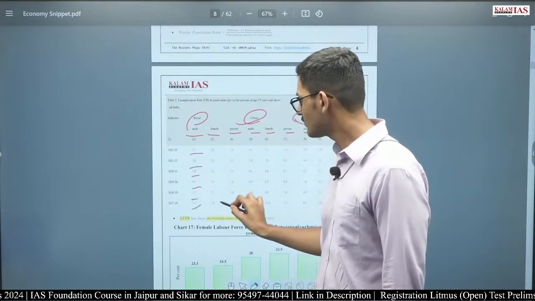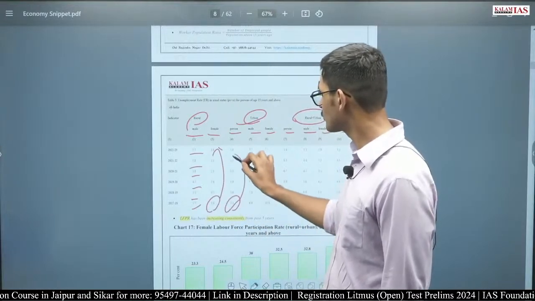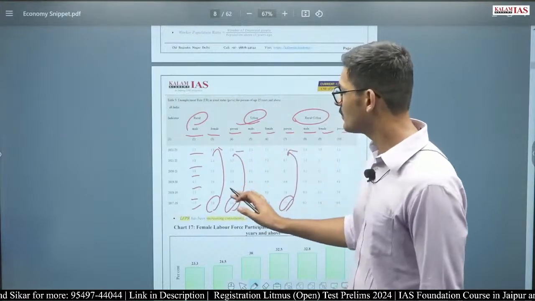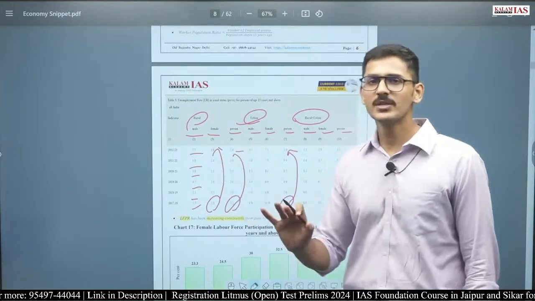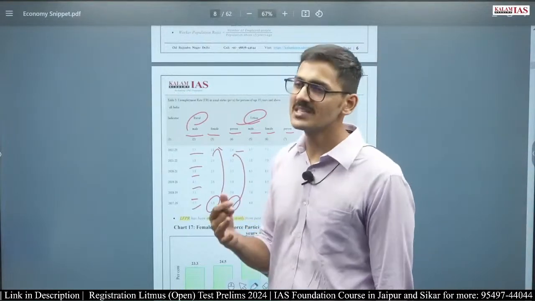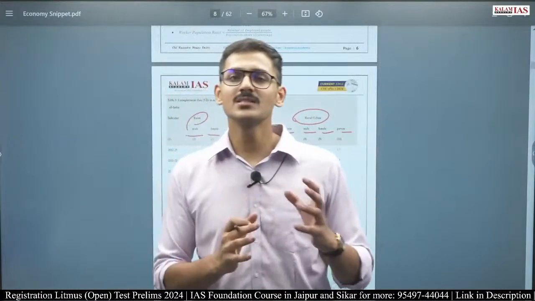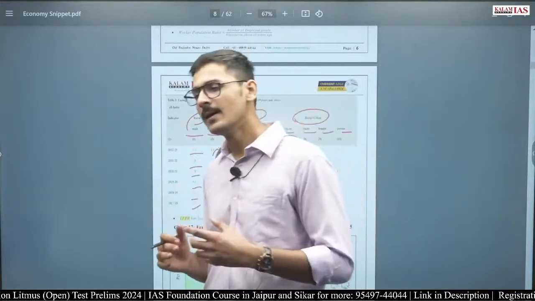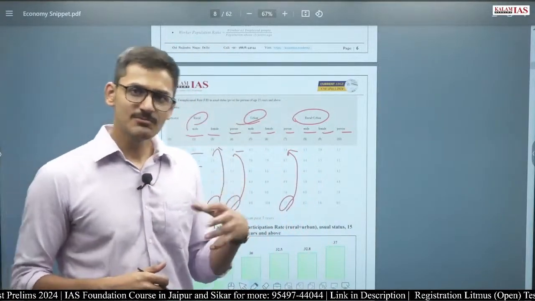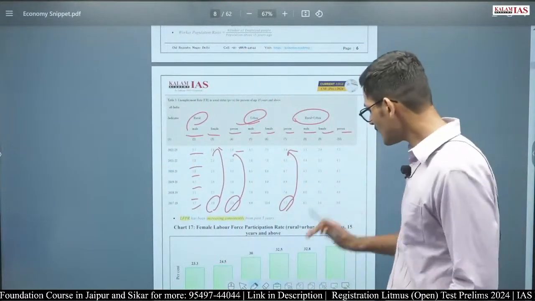consistently from the past 5 years, from 3.8 to 1.8, from 5.3 to 2.4, 7.7 to 5.4. So in all of them, the unemployment rate has been reducing consistently from the past 5 years. So if the UPSC gives a statement that the unemployment rate of rural women has been reducing consistently from the past 5 years, correct statement. If UPSC gives a statement, unemployment rate of urban male has been increasing, wrong, it has been reducing consistently from the past 5 years.